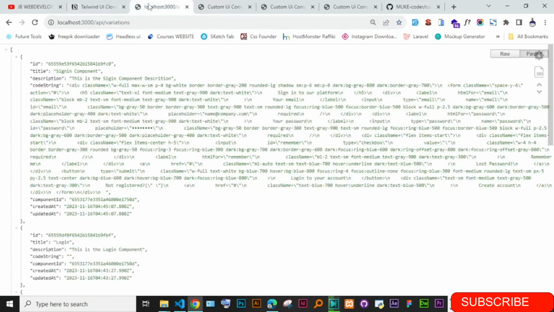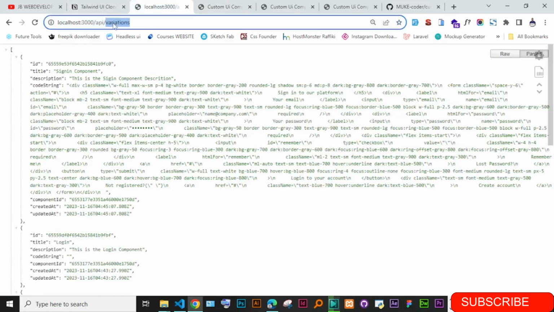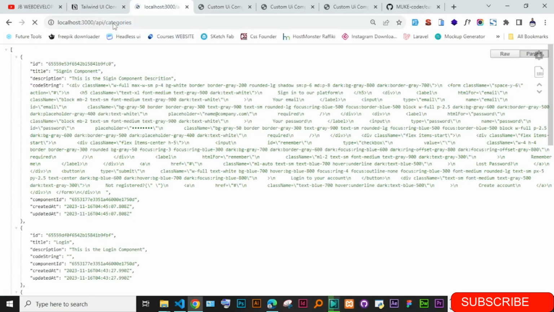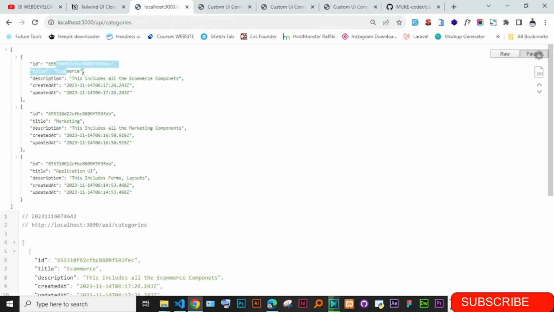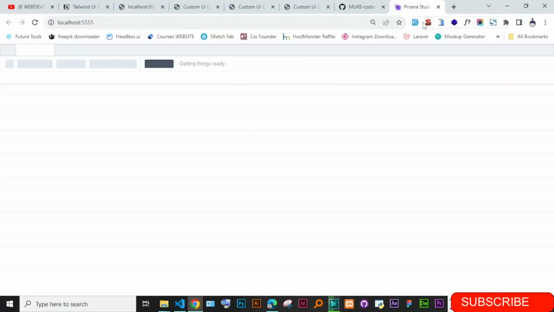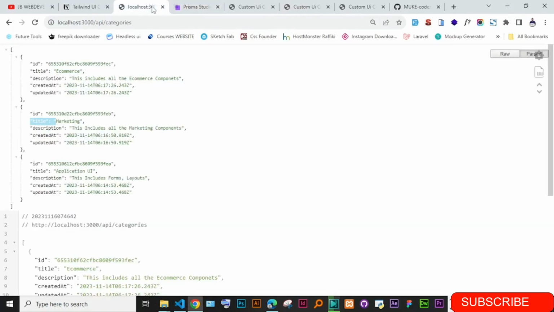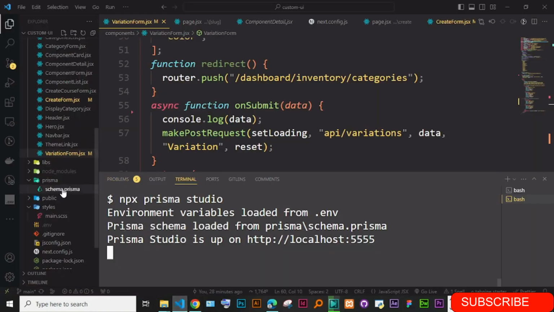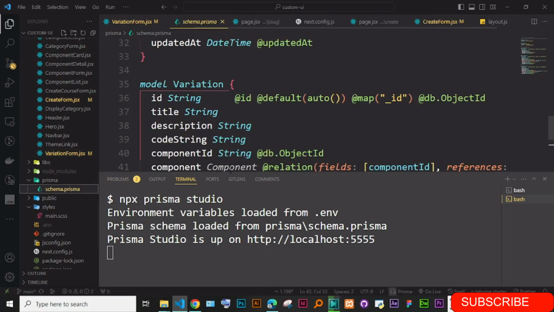So if I go back to categories, API categories, okay, I have e-commerce, I have all these things here. Let's see if, okay, this one has opened. Let's also bring it somewhere here. Okay, so what I want is, we are still on these categories. If you check in the schema for categories,